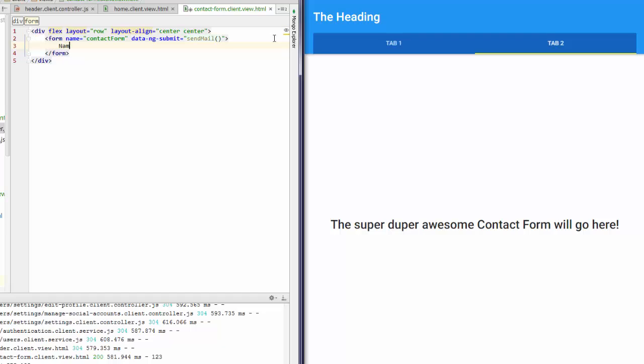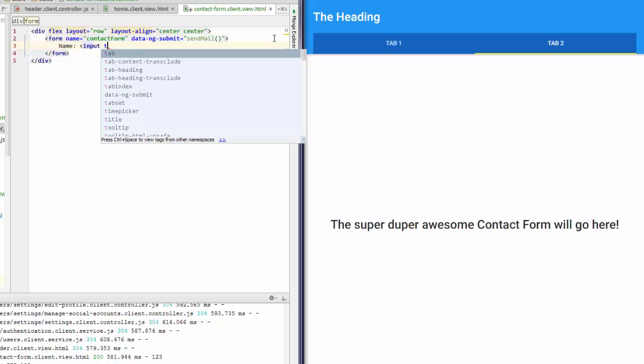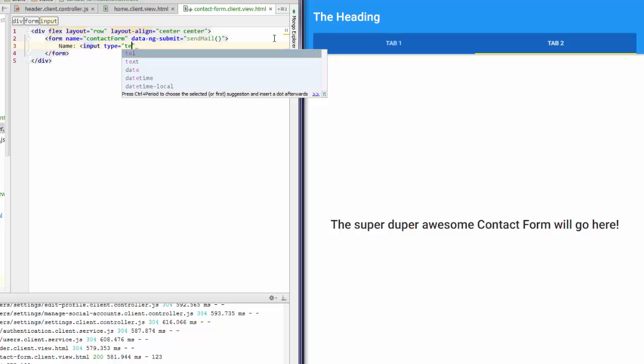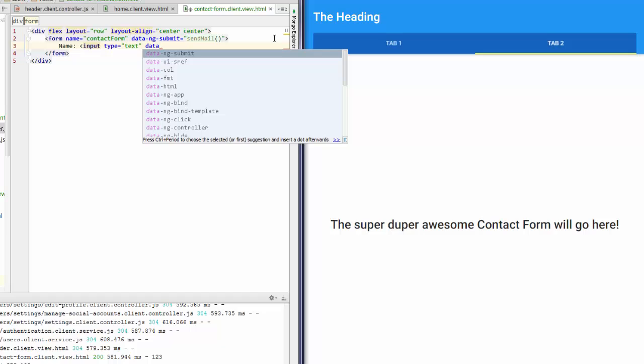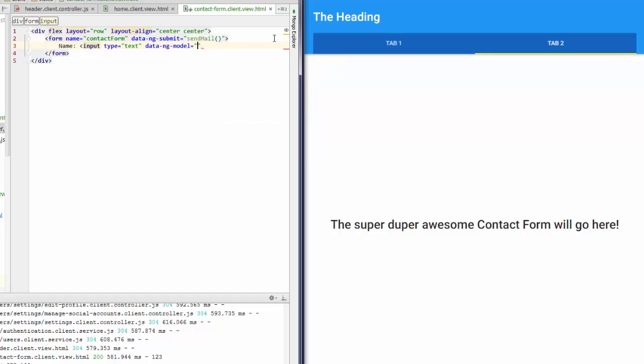Now we're just going to add a couple things to the form. So let's say name, and that's just going to be input, input with the type of text, and at the end of that we're going to have a data-ng-model, and the model we're just going to call contact name.